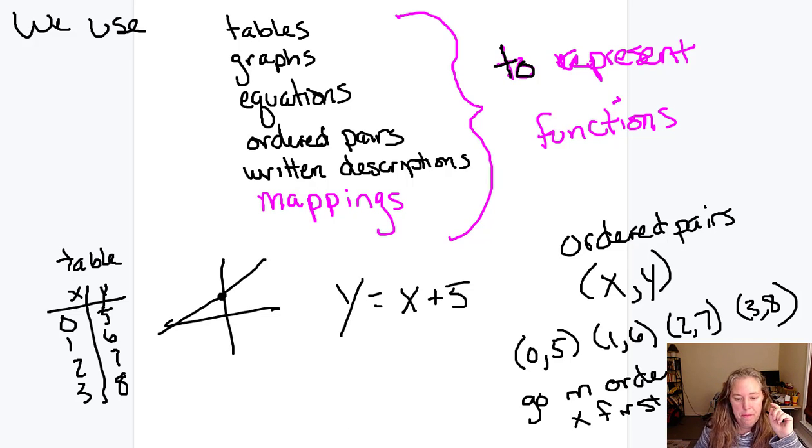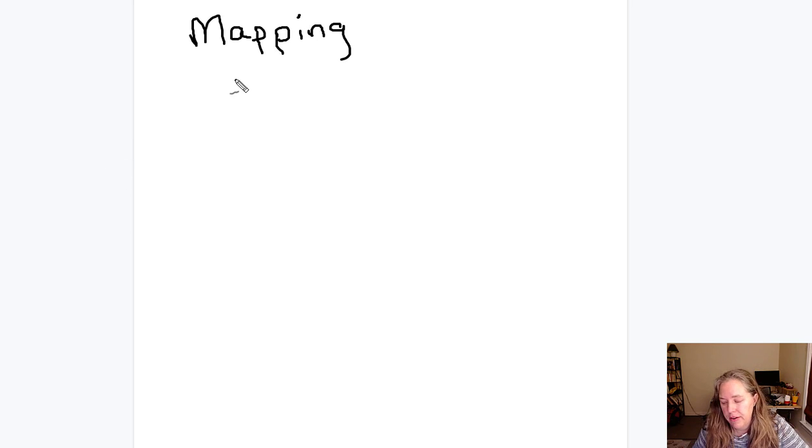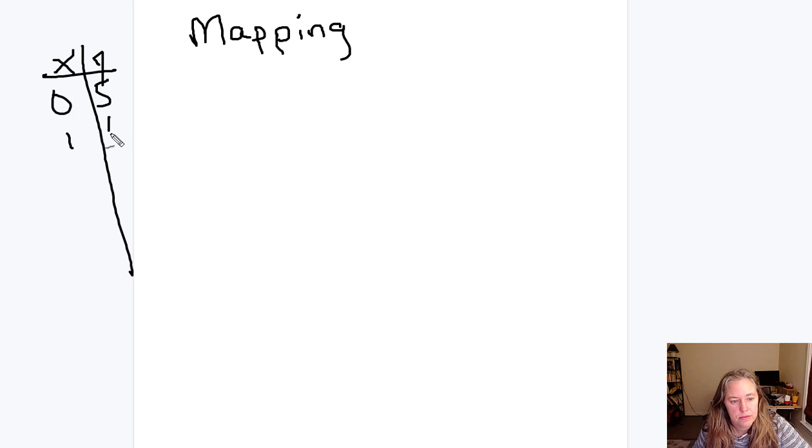Okay, so a mapping. I'm going to erase this. A mapping looks like this. It's very similar to a table, except instead of when you have a table, it looks like this, 3, 8. Okay, when a mapping is set, that's supposed to be a Y. A mapping,